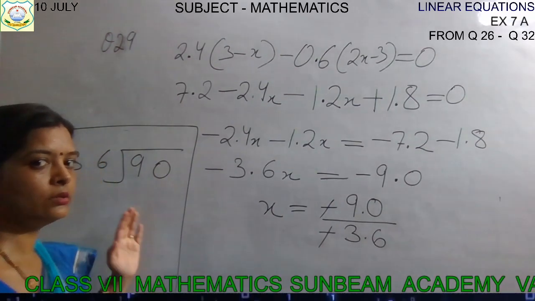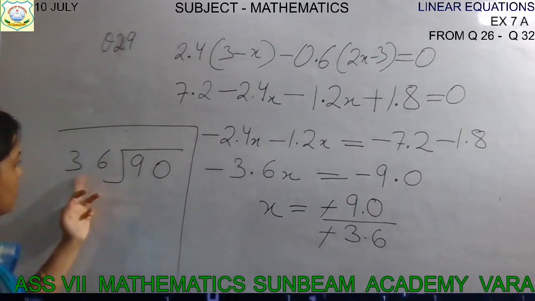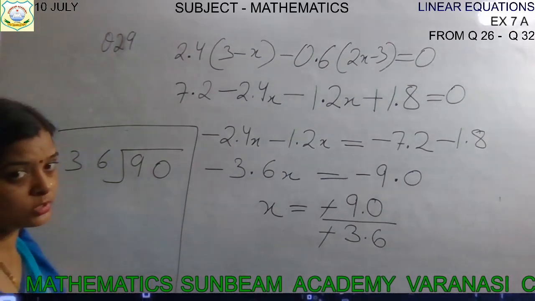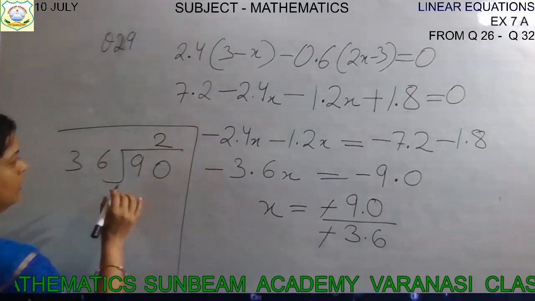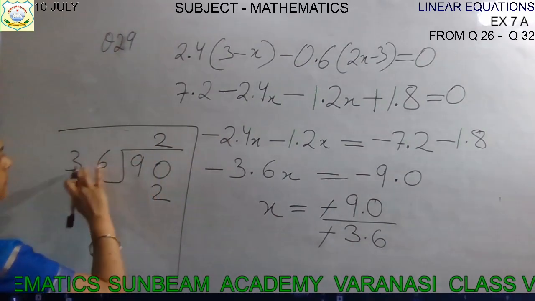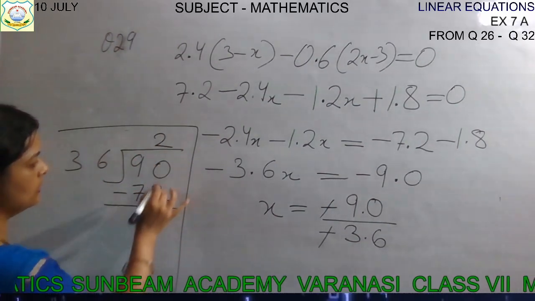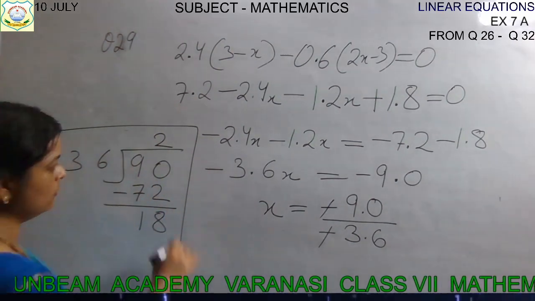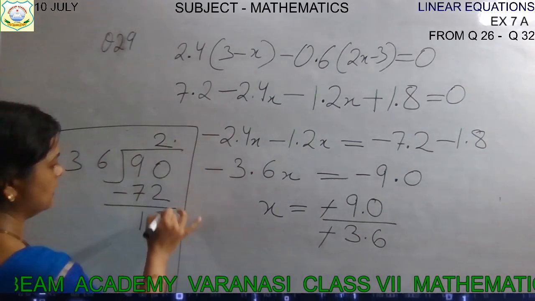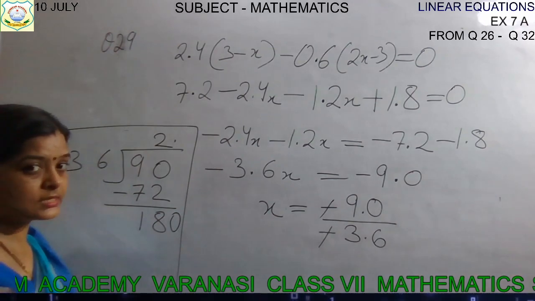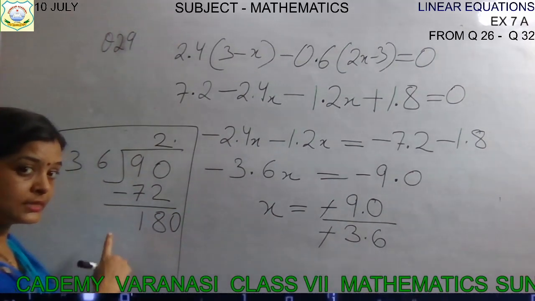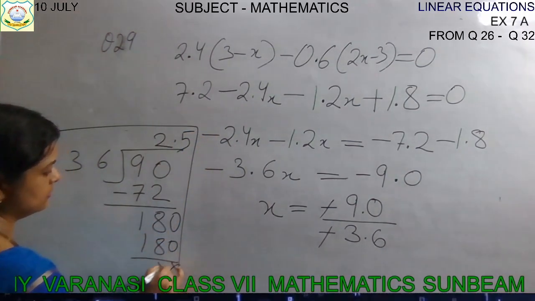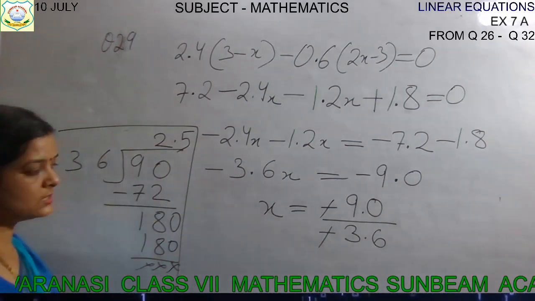Okay. So now 36. Now when you solve this, how much will you get, children? 36, 2 times or 3 times? 3 times is not possible, so 2 times. Take 2 times. Now 6 2s are 12 and 3 2s are 6 and 1, 7. How much is left, children? 8, and 8 minus 7 is 1. Now what will we do? Take decimal point and put 0 here. And 36, I think it is 180 now, so 36 5 times. 36 5s are 180. Okay, and then nothing is left. It means what will be our answer?